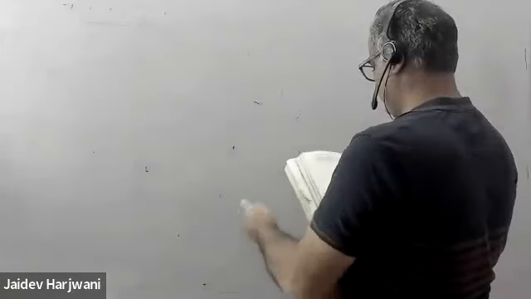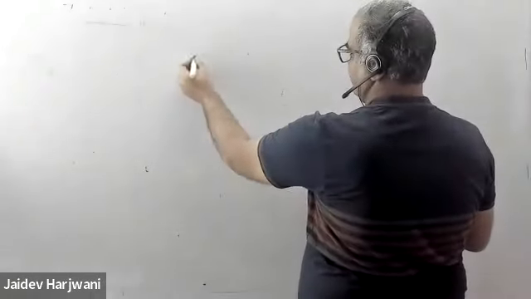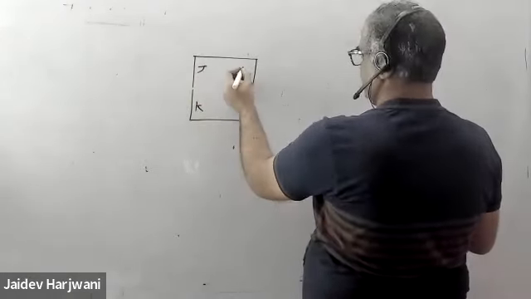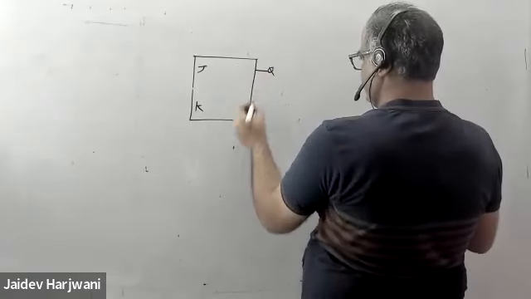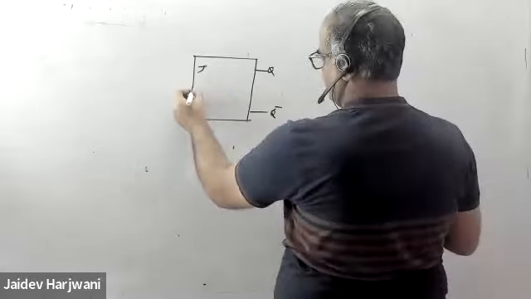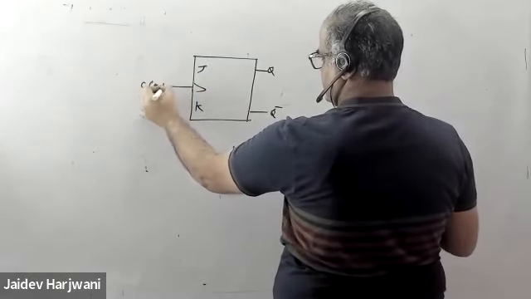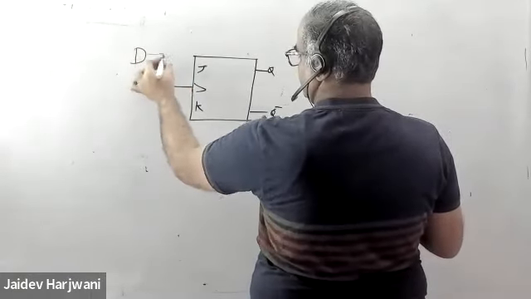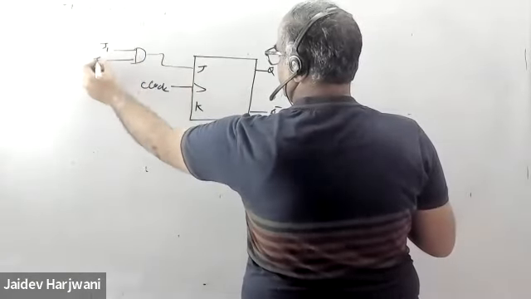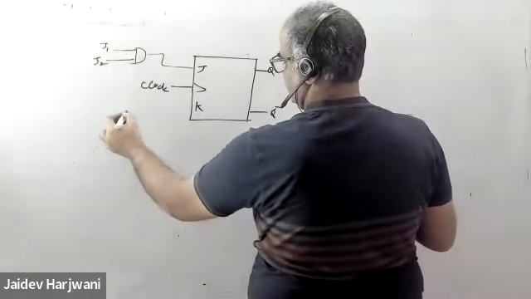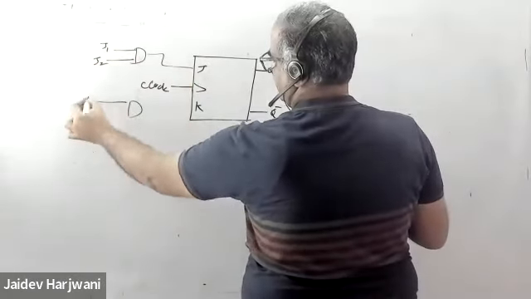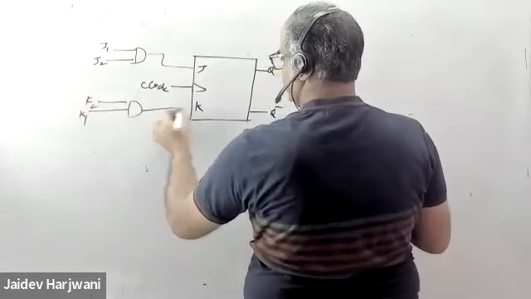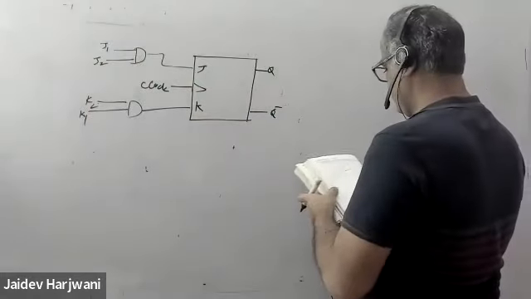The next is you have been given a JK flip-flop. Okay, and this is the output Q bar, and here is a clock. Okay, and the J, here you are given J1, J2. Okay, here you have one more AND gate, K2, K1 or K1, K2. Okay, and this is coming here. Okay, now this says